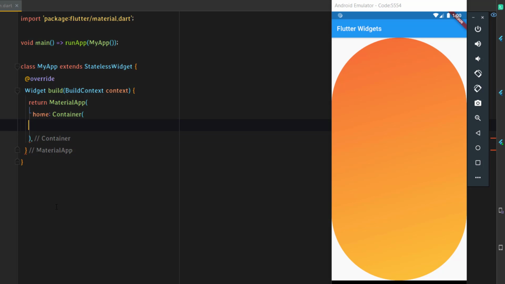And under this container, make sure to add a semicolon here. Close this one's bracket. And now under this container we can add its child as a column.